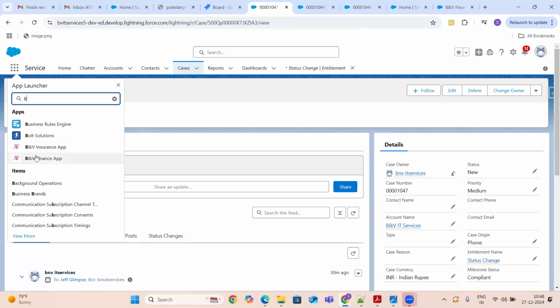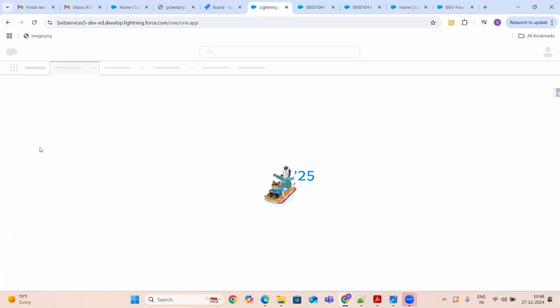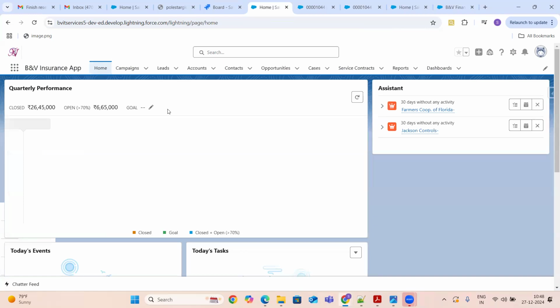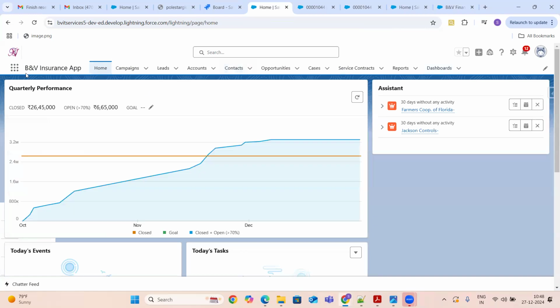BNB insurance app and BNB finance app. Okay. So I'm just opening one of the applications. So you are able to see your own application: home, campaign, leads, accounts, reports, and dashboards.